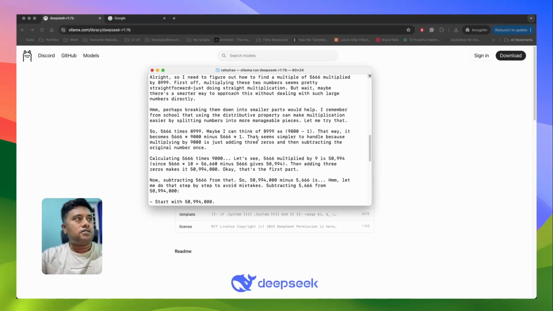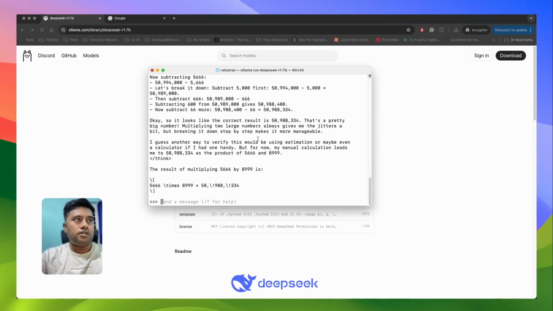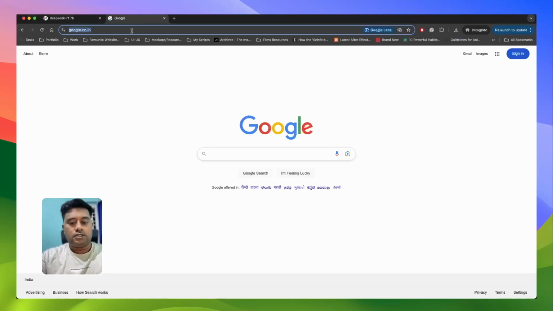Now, this is all in terminal, which is pretty cool, but we want this in a nice UI, like a ChatGPT kind of interface, because it makes the readability and accessibility better. So to do that, there's a tool called, I'll just type in here,